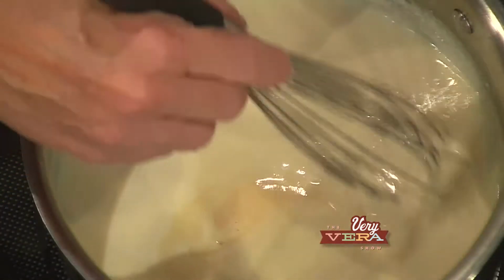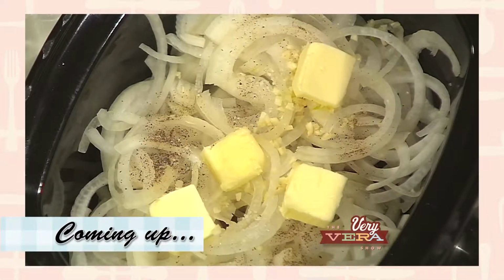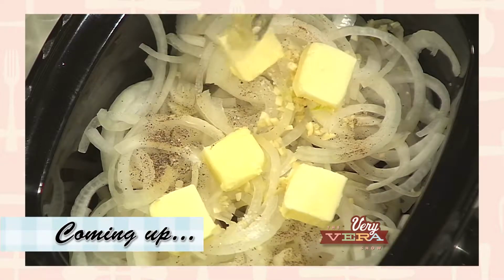So when we come back from the break, I'm going to be adding in the cheeses, and then we're going to get started on a bratwurst that we're going to do in a crock pot with a bunch of smothered